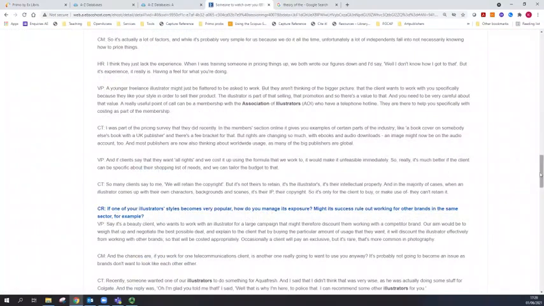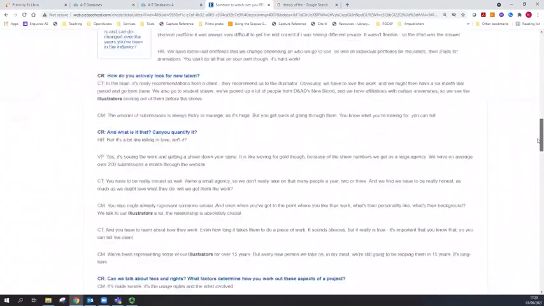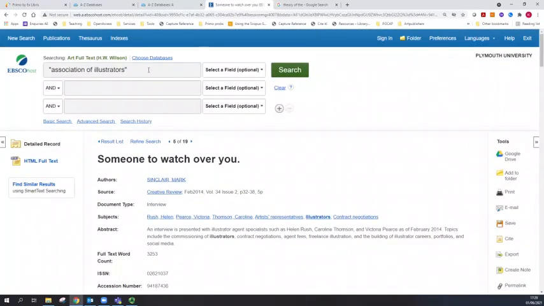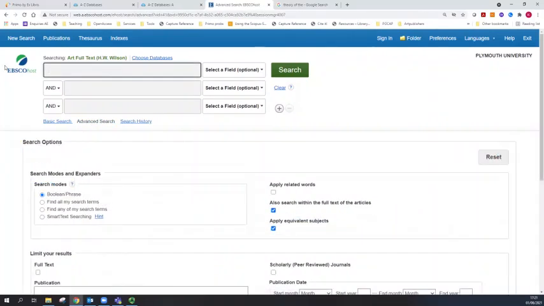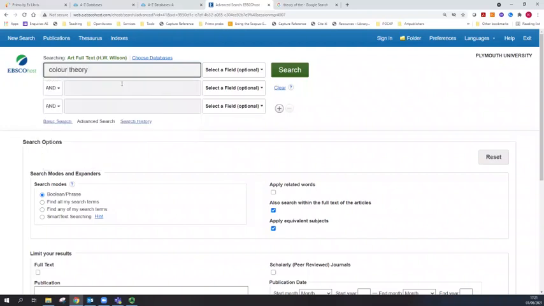So we can see here, for example, even though it looks like it's not about the association of illustrators, the person being interviewed does mention the association of illustrators in the text, so that's why that's coming up. When we do a phrase search, we're telling the database that we want something a lot more exact. And because we want something more exact, it's less likely to look for variants of a word. If I do a phrase search that includes colour, for example, colour theory,